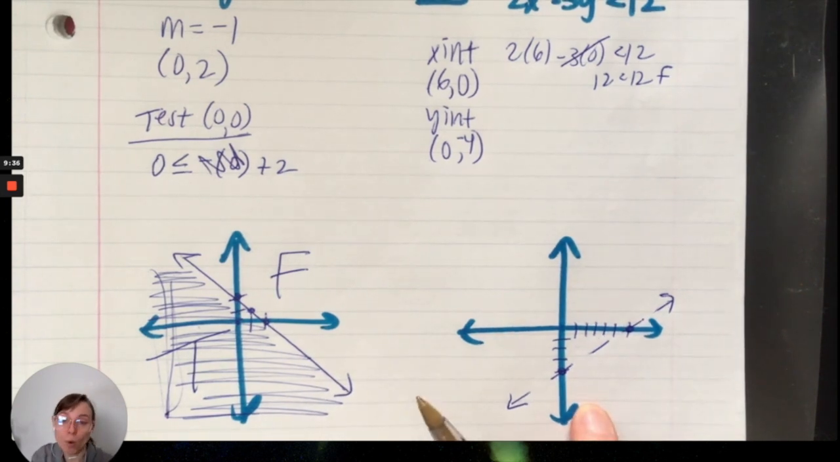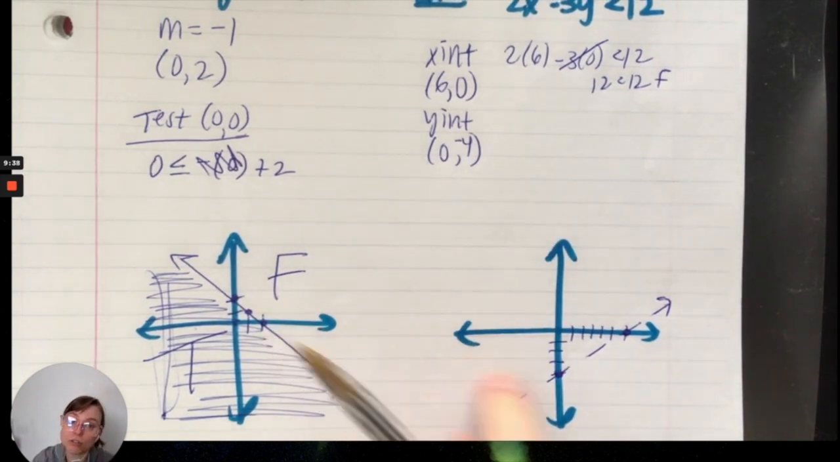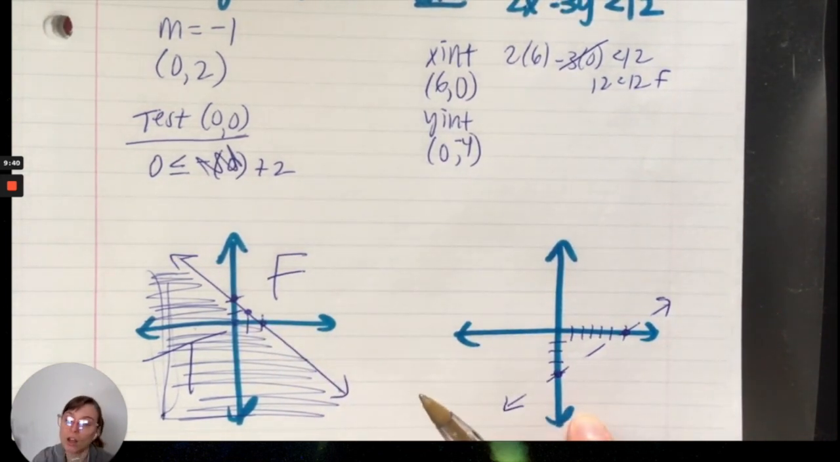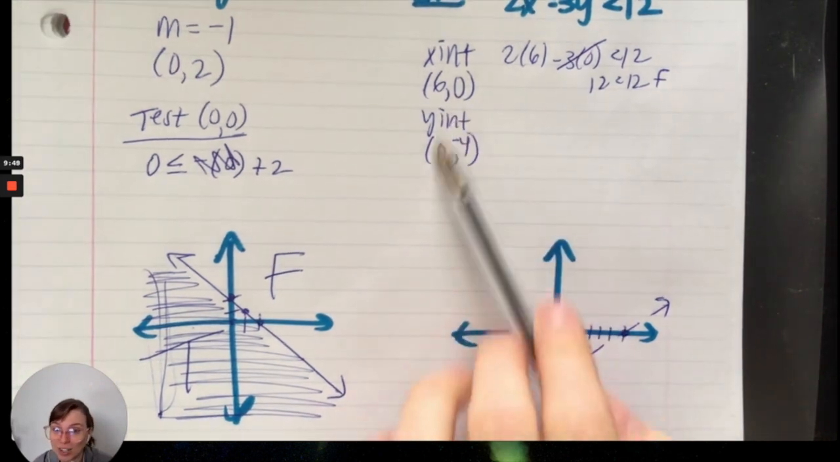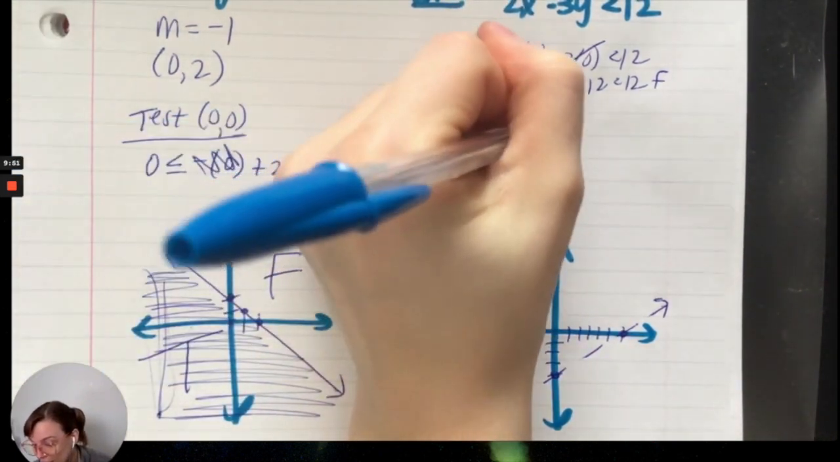Now I need to test a point and see, is it this side that's true or is it this side that's true? And now I gotta test a point. What's a great point to test? 0, 0. And it's so much better with standard form because we've already done those 0 tricks, right? So if I'm going to test